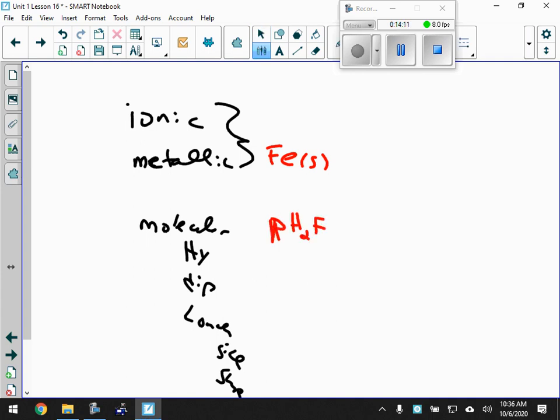What kind of bonding is in PH2F? If you think about that, some of you guys already know what that looks like. Well, what kind of bonding would you have there? Well, I guess first thing, this is exactly what I would do. Grab a compound and start putting them into, is it ionic? Yes or no? Is that an ionic compound? No. Is it metallic? Is it the metal atom? No. Is it molecular? Okay, we got non-metals here, yes?